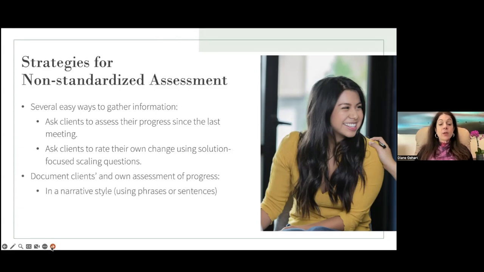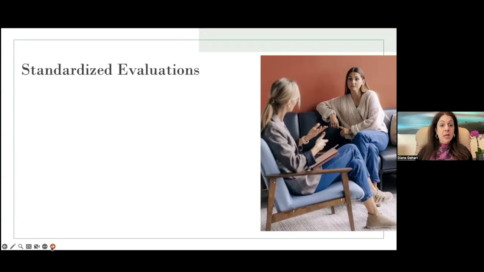So you can document the client's and your own clinical assessment of progress. Typically, it's in a narrative style, using phrases or sentences. And you can also use a 1 to 10 scale to do so. So standardized evaluations is what most of us will think of as evaluating progress. I just had to do the non-standardized measures to get that out of the way and on the table,